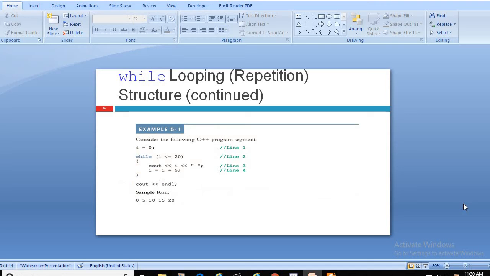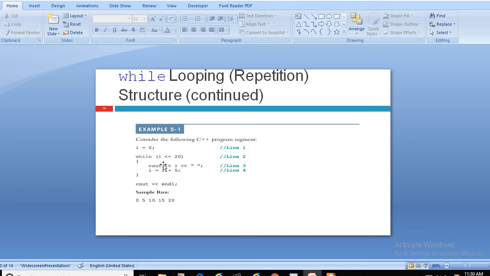Okay, so one example is on your screen. Consider the following C++ segment. I is 0, you are initializing I to 0. You are writing while I is less than or equal to 20. So what does it mean? 0 is obviously less than or equal to 20.